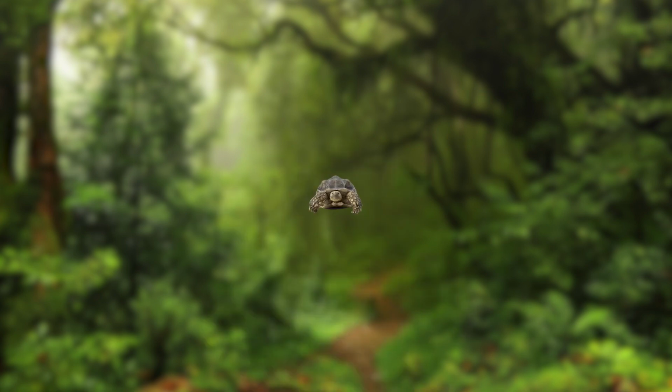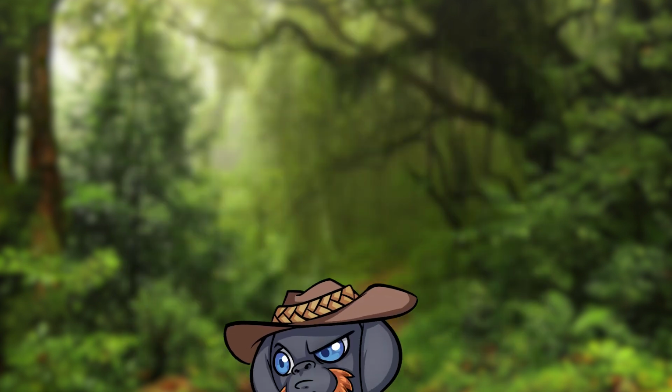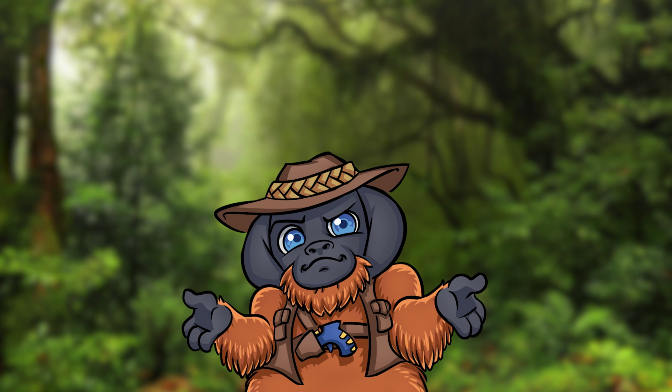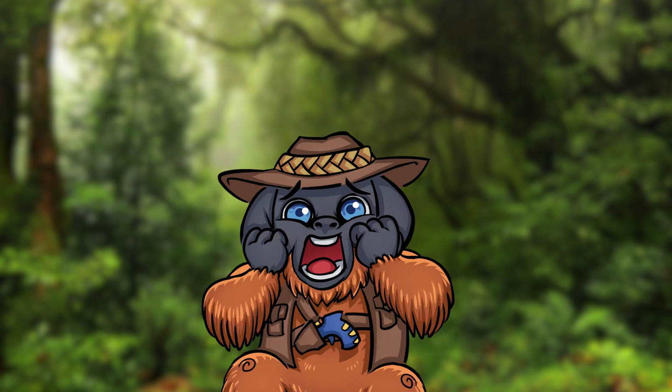Third place, however, doesn't mean small. Some of the largest Sulcata tortoises have been known to reach 2 to 3 feet in length and weigh an average of 150 to 200 pounds. This size is why, if you plan to own one as a pet, you better have plenty of room, because these guys are grazing animals, meaning the majority of their diet is a variety of grasses and shrubs. So if you do plan on owning one, I hope your lawn has plenty of grass, because it makes up